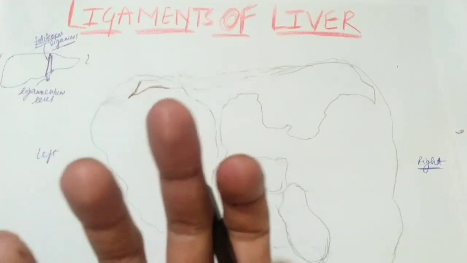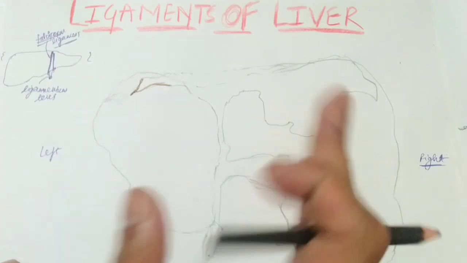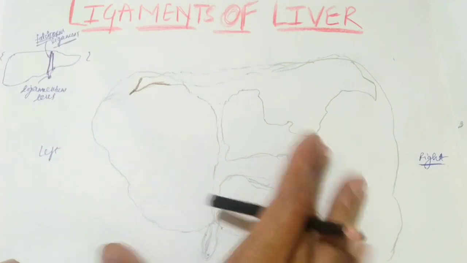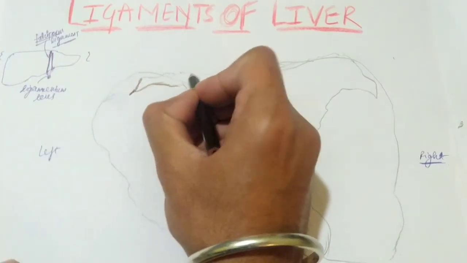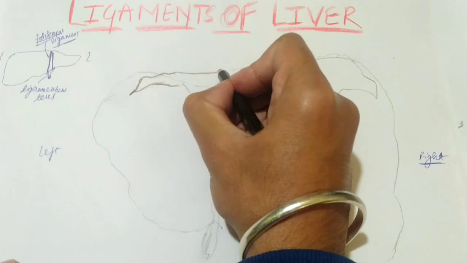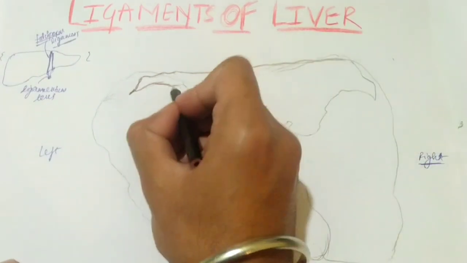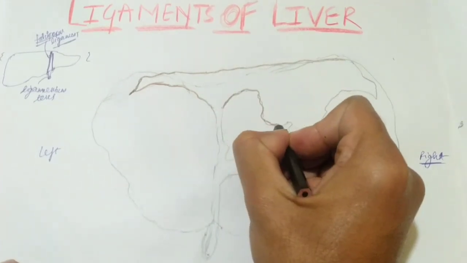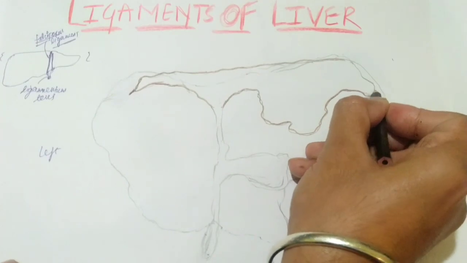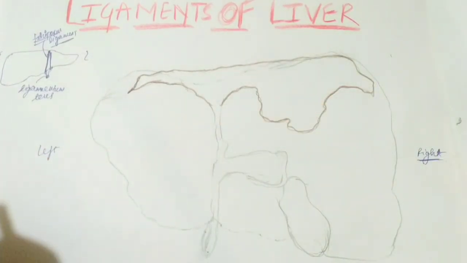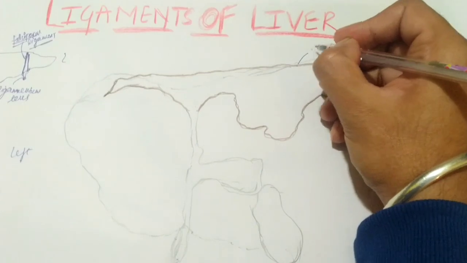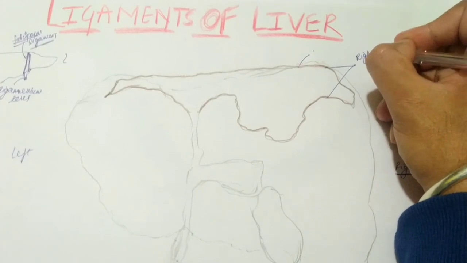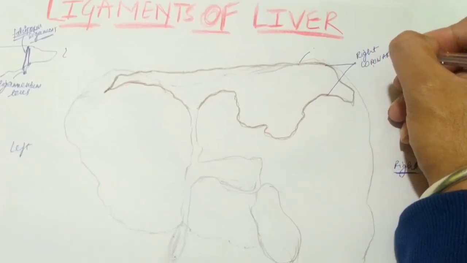So peritoneal folds, or double layer peritoneal folds, which are present all around the liver on the anterior side of the abdominal wall, but on the posterior side it is devoid of these peritoneal folds. Only from the anterior side it is present. And these are your coronary ligaments, okay, which are present on the superior surface. These are your coronary ligament, like this they pass. So I will label it here, okay? So this whole both layer is the right coronary ligament, okay?